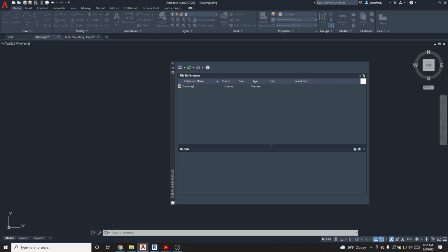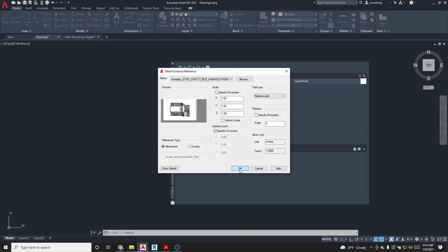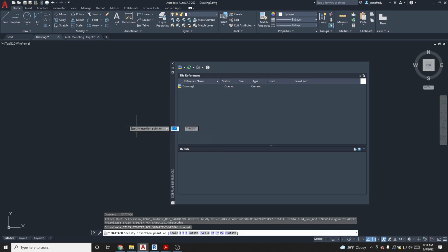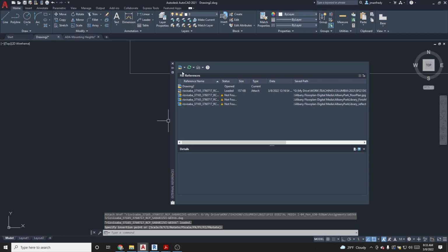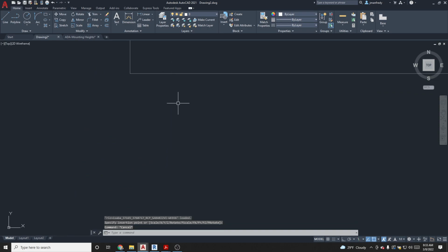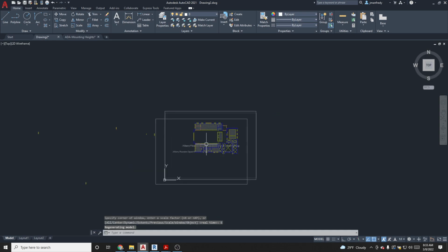So let me open up one here. Let's say we open up one of these files here. And I'm Xrefing this into this current file here. So we simply click on the screen and the Xref lands on the page. I'll zoom, Z for zoom, E for extents. Here is the